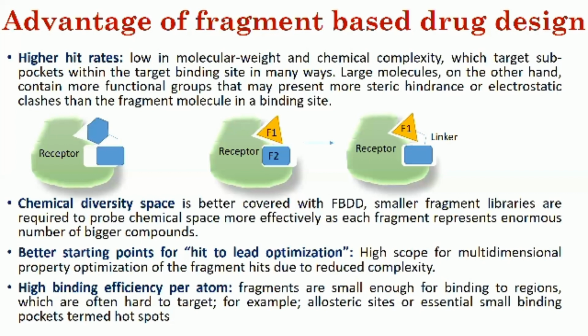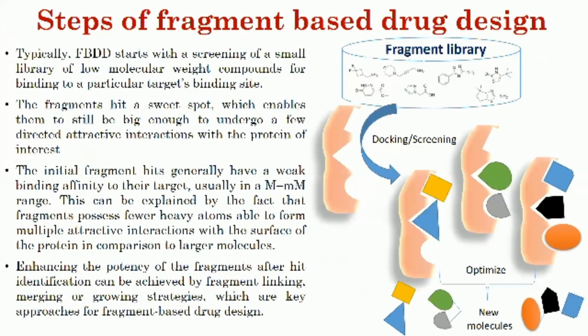Okay, for example, allosteric sites are there. There is a protein binding site, and there are several adjacent binding pockets which may be important for ligand binding, or which may provide some binding hotspots. Bigger molecules cannot enter those smaller pockets, but the small fragments can. So this is also an advantage of the